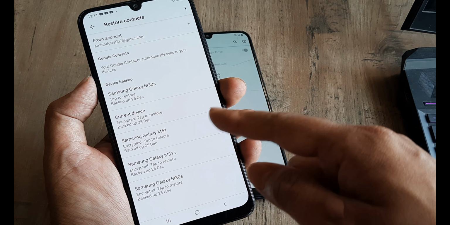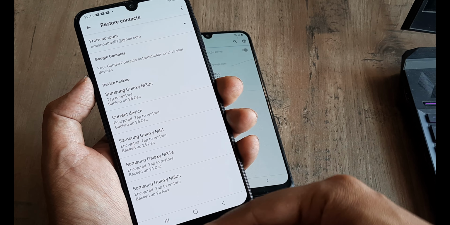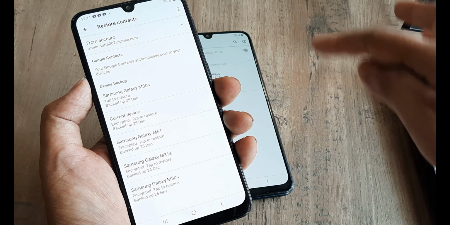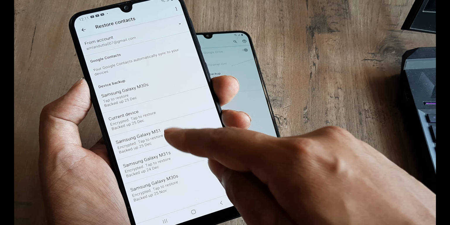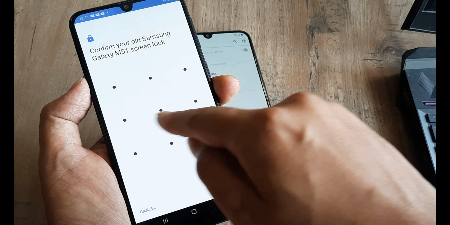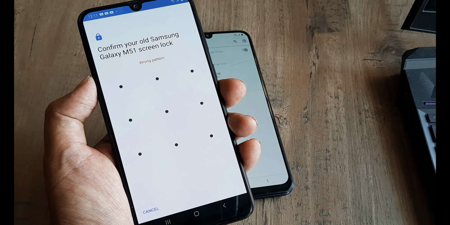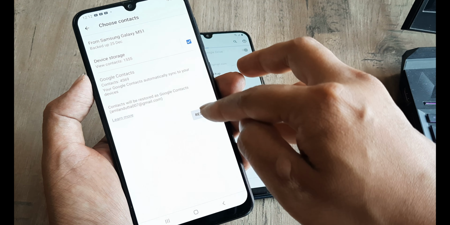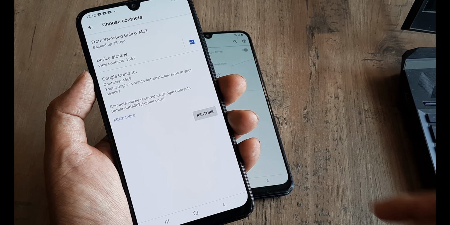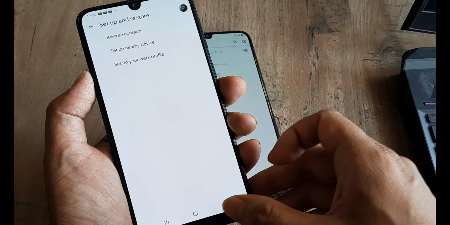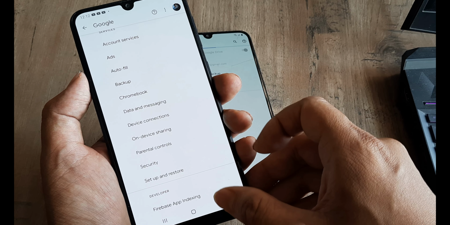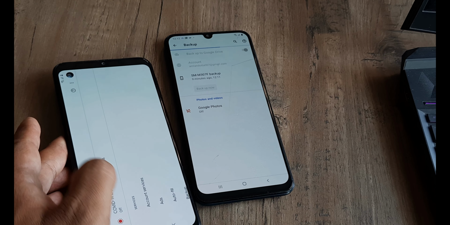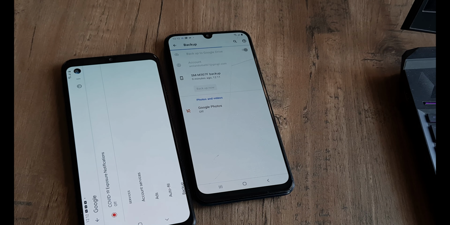And you can see the devices which have been backed up in this way. The data from there has gone to the Google Drive, which is the same Google Drive for all of them because they are on the same Google account. So if I click on any of the devices, it tells me to put a screen lock, and then I can easily go ahead and click on restore contacts. So this is a great way of retrieving contacts. Unfortunately, this doesn't really work for SMSs or stuff like that. You can sync contacts, do various other things, but that's all to it. So this is how you take a backup in your Google Drive.